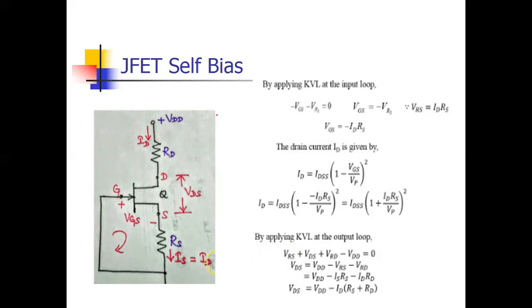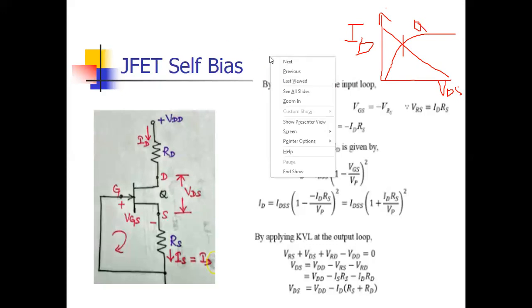Now you know very well why we do biasing. We do biasing to calculate the Q point. In this circuit, what is the Q point? The same concept applies in BJT and in JFET. In JFET, the characteristics are drawn between ID versus VDS. The intersection of the characteristics with the load line is your Q point. So whatever biasing we are using, we are using it for the calculation of the Q point.